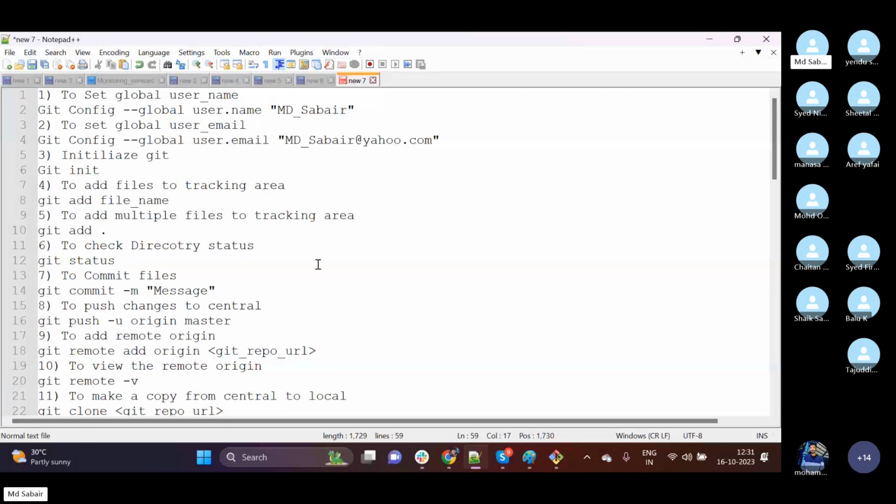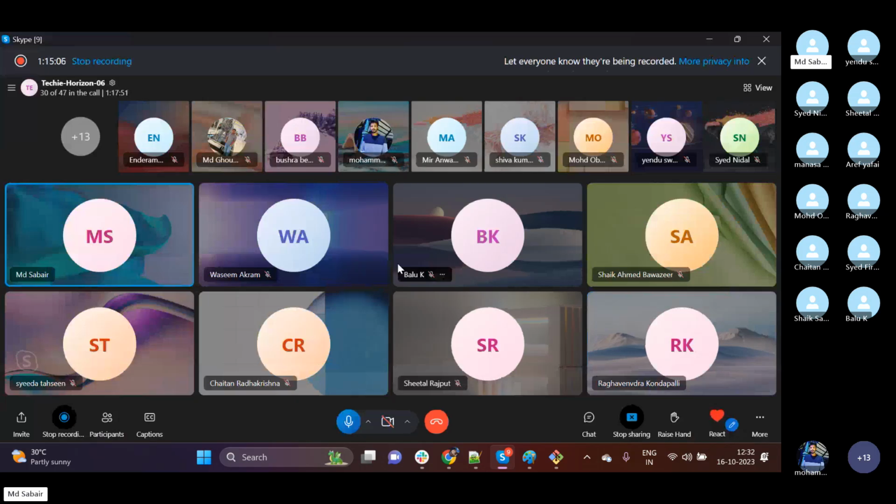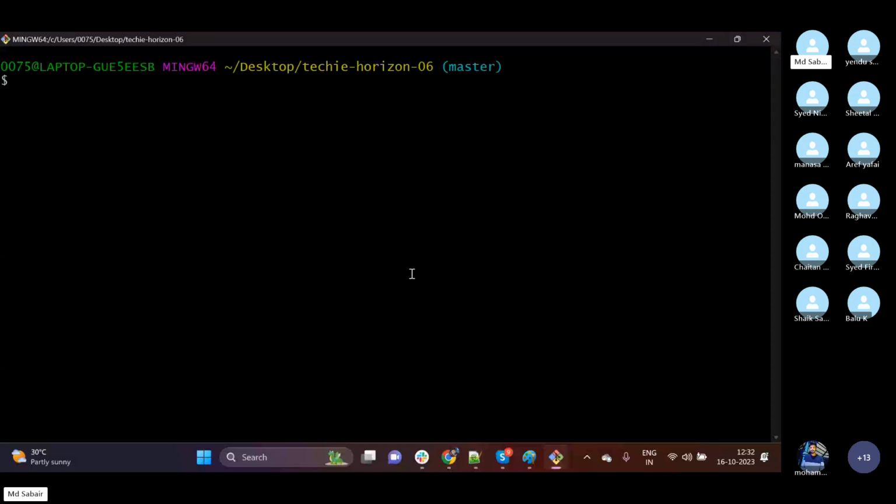Sabir, I have a doubt. Yes. You deleted the Docker file. How can we regain that Docker file again? Yes, we can get the Docker file again. So what we can do is, for example, we have one command called